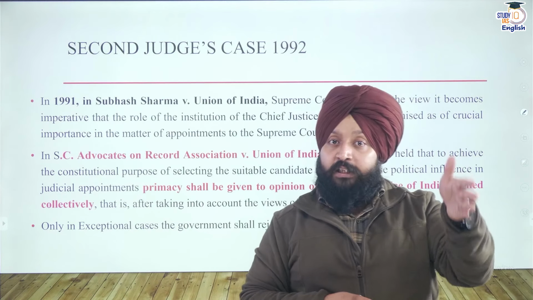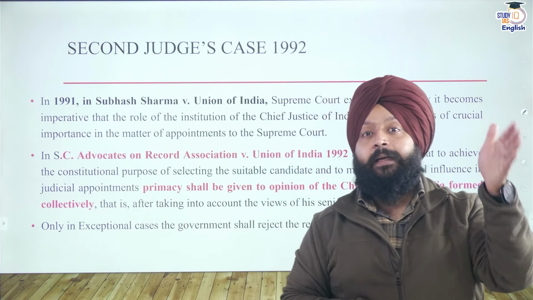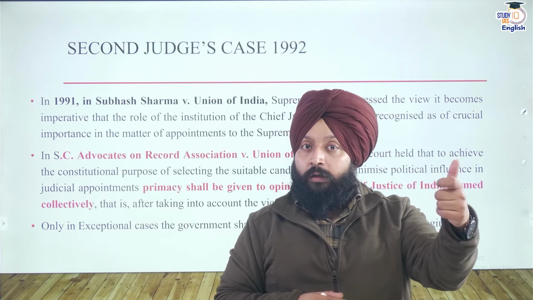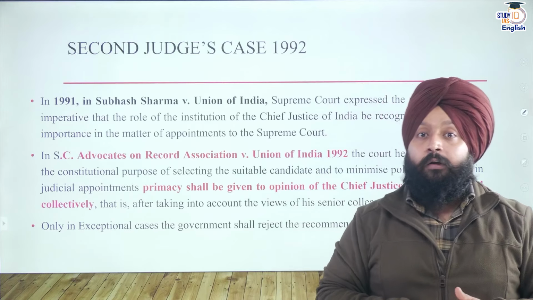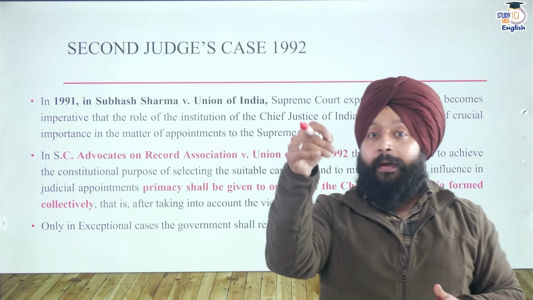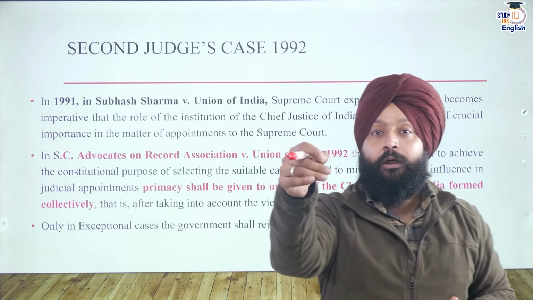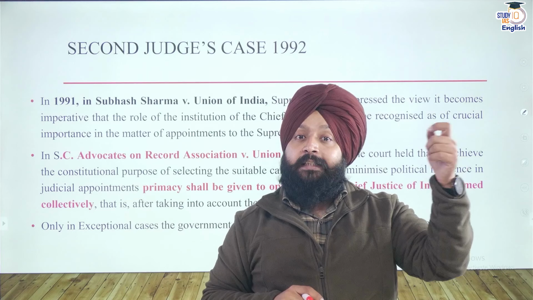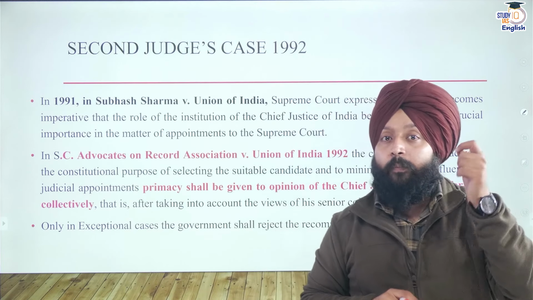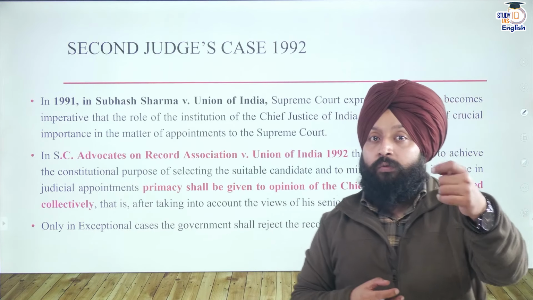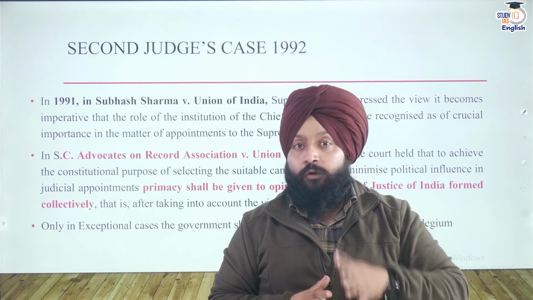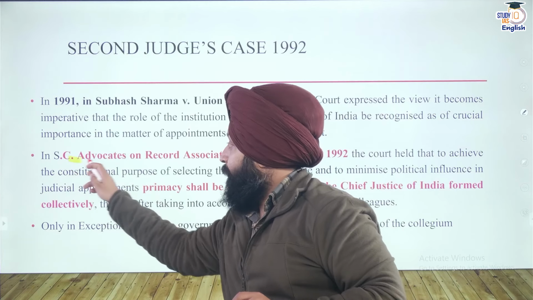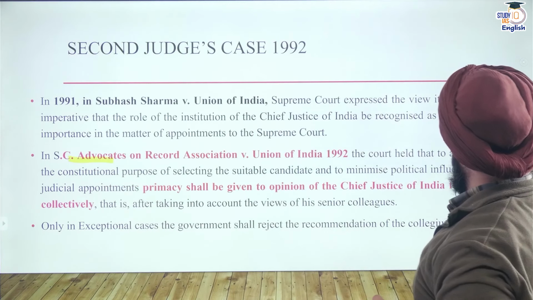That means the CJI shall be the ultimate deciding authority, because he is the person who has technical knowledge, who has experience, who understands who would be a better judge. He can evaluate the merit of a person on the basis of experience and track record. So the court stated that the office of the CJI shall be given a prominent position in making appointments to higher courts, High Courts as well as the Supreme Court. Now a case came up before the Supreme Court in 1992. The case was Supreme Court Advocates on Record Association